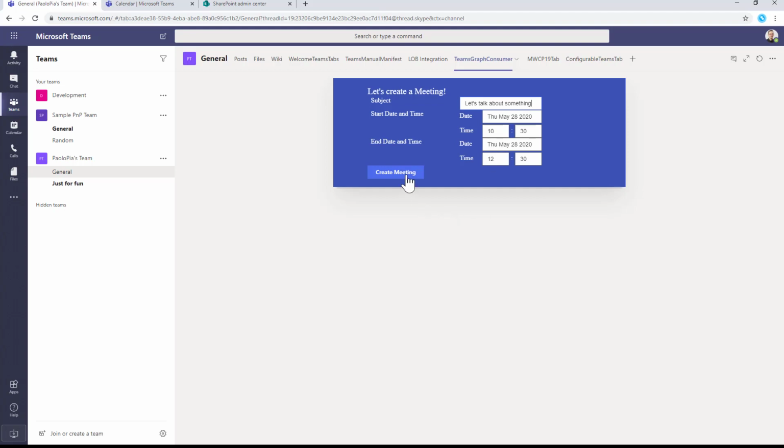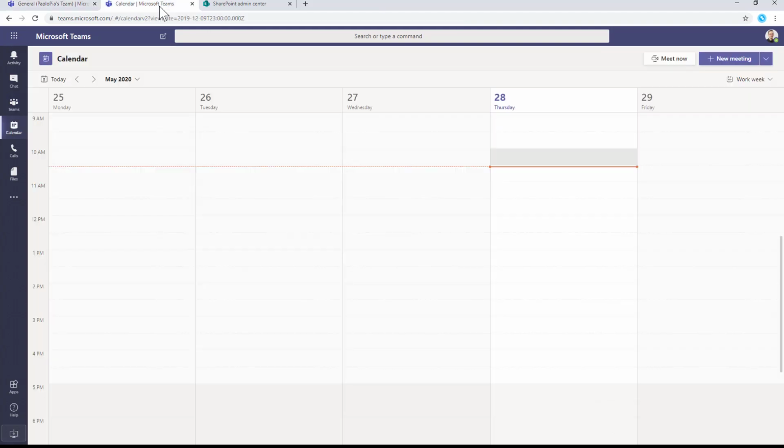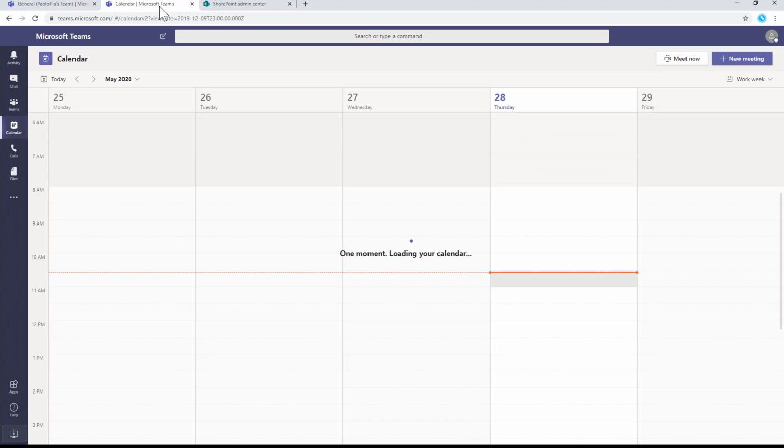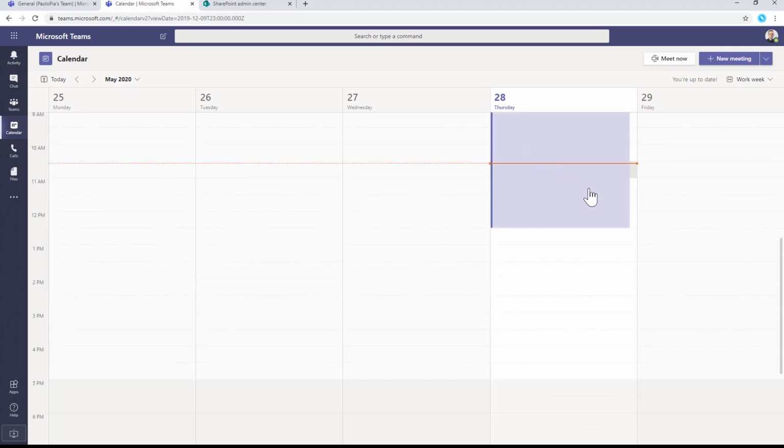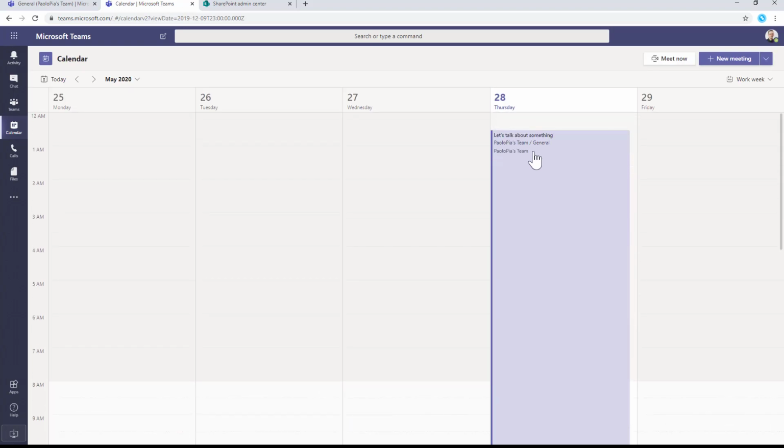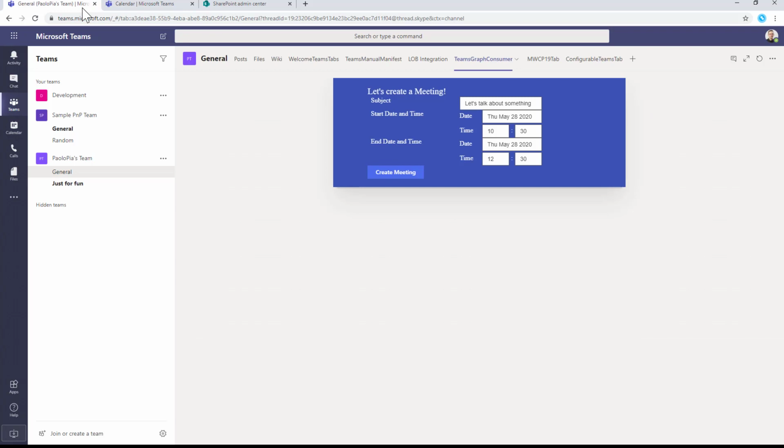I can simply click on the Create Meeting button and my meeting will be created. And in fact, if I go back now to my calendar, in a matter of a few seconds, the meeting will show up. I can even refresh the page to speed up the process. And here you can see I have a meeting from 10:30 a.m. to 12:30 p.m. So that's my meeting, and the web part under the cover is using Microsoft Graph.